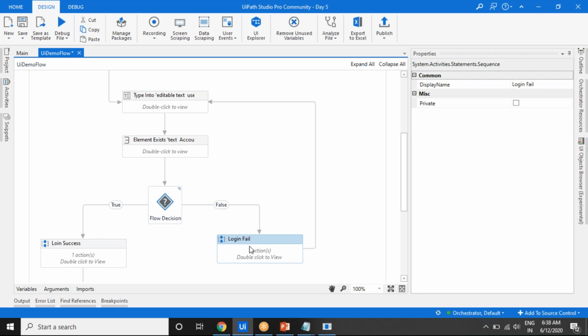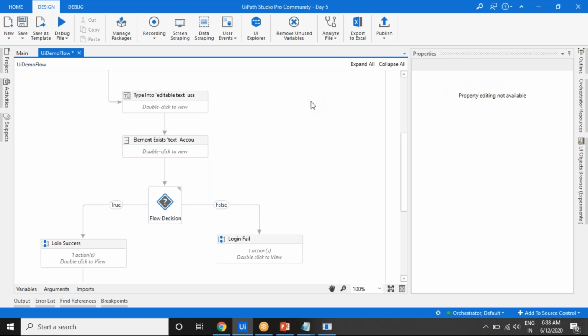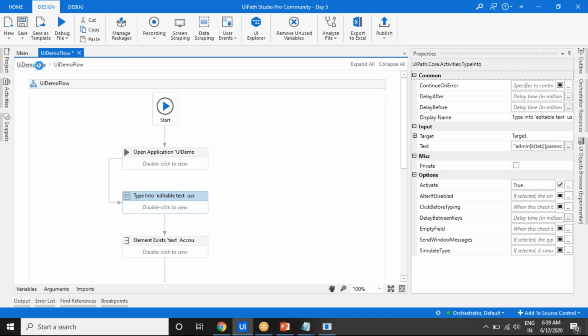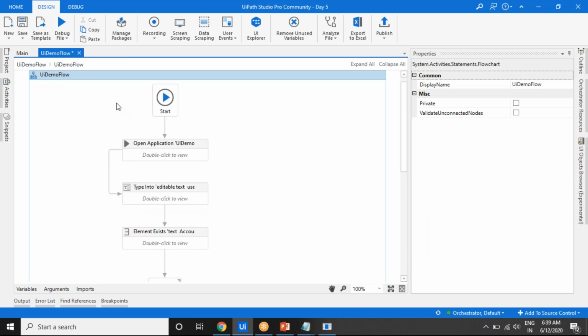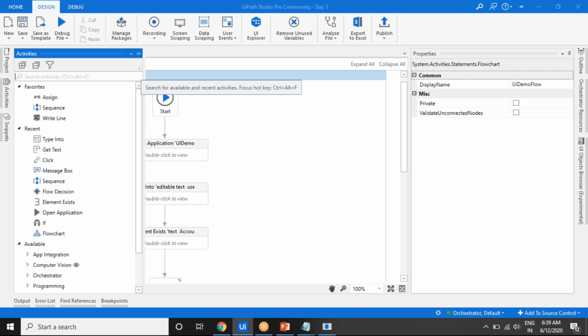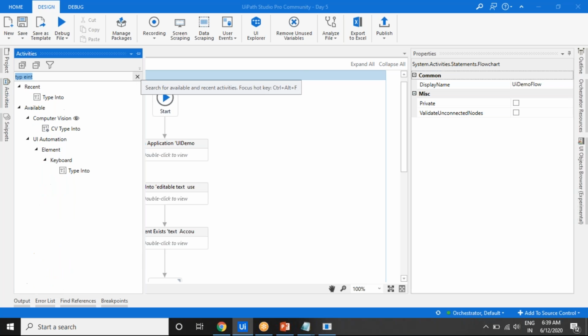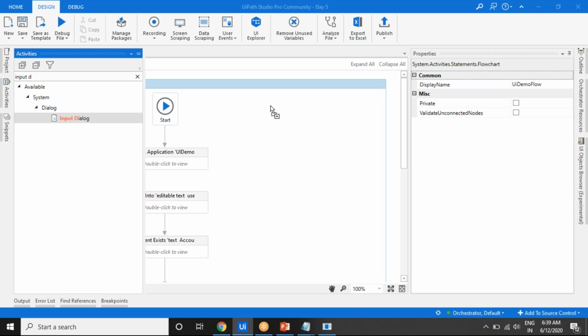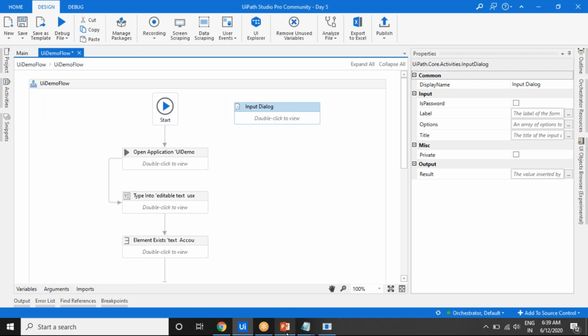Okay, so what we can do, instead of this password, initially we will ask the password from the user. To ask anything from a user, type input dialog. Okay, there's an input dialog here. If you want any information from the user, basically this will happen only in the